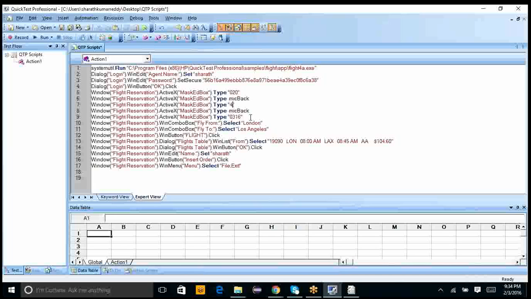But the mistake you made is that while recording the session and entering the date, you entered first 0 to 0, then you clicked backspace on your keyboard. After that you entered 4. Then again you clicked backspace and then you entered the remaining date. So that's the reason it has been recorded in the same way.